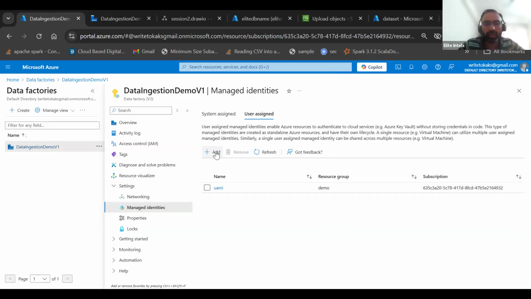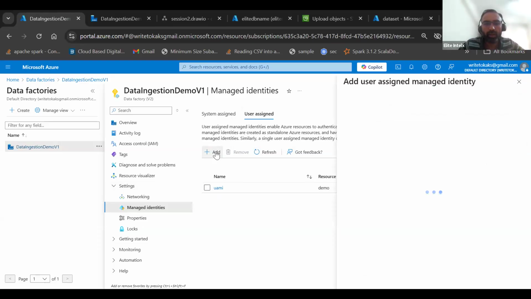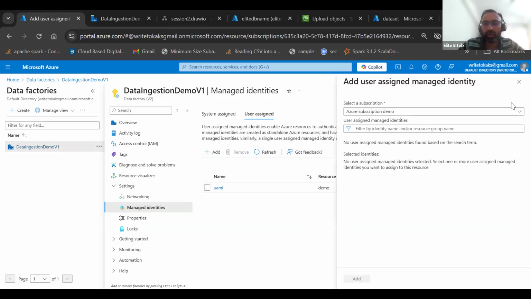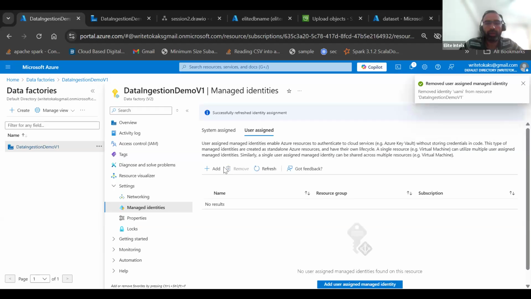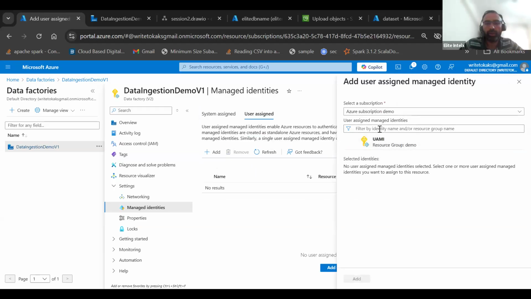So it's like the moment I click on add, maybe it's already created. Let me try to delete and recreate it. I think that would help. Okay, now let me click on add. Let's see if